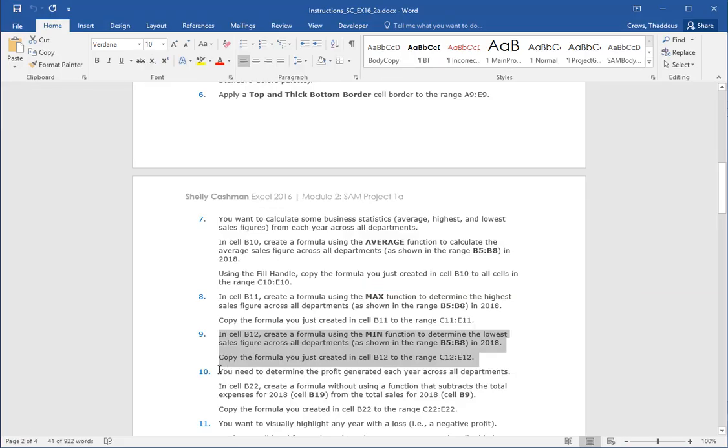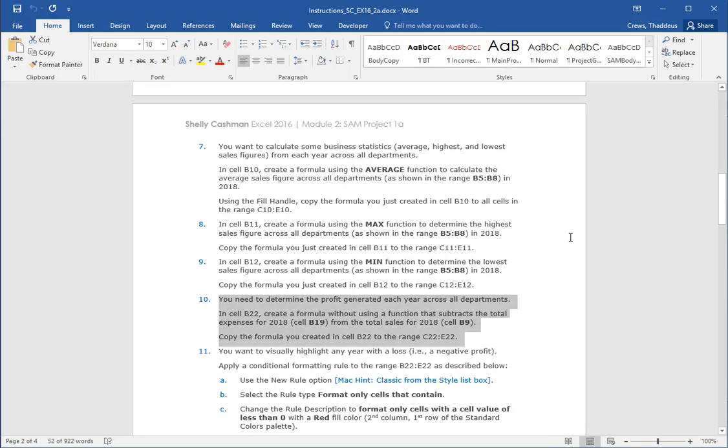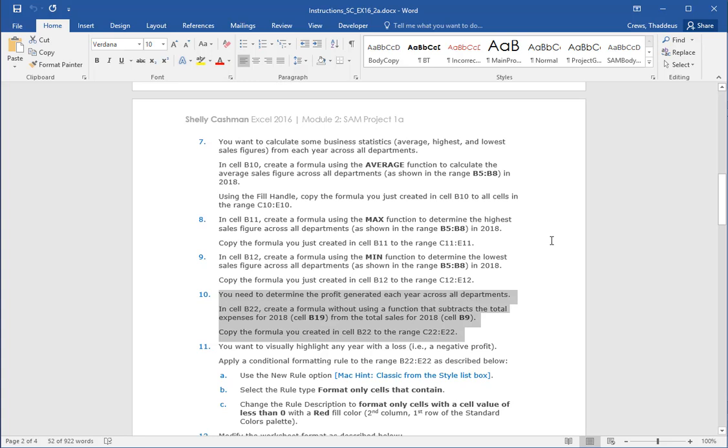Very good. Step 10. You need to determine the profit generated each year across all departments. In cell B22, create a formula without using a function. So you have to do it manually using addition, subtraction, multiplication, division, and cell references, not a pre-built function like sum or max or min. Create a formula to subtract the total expenses of 2018 from the total sales